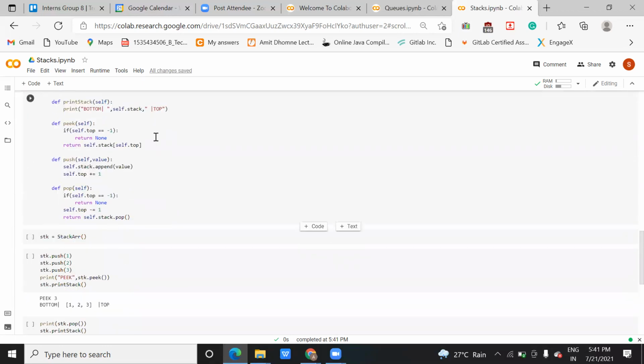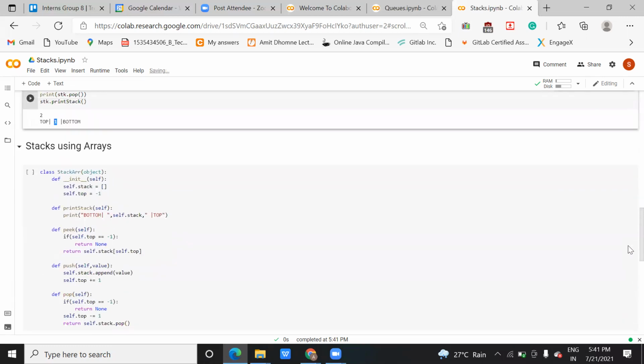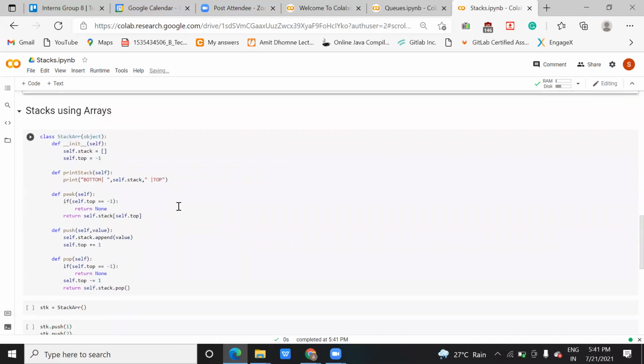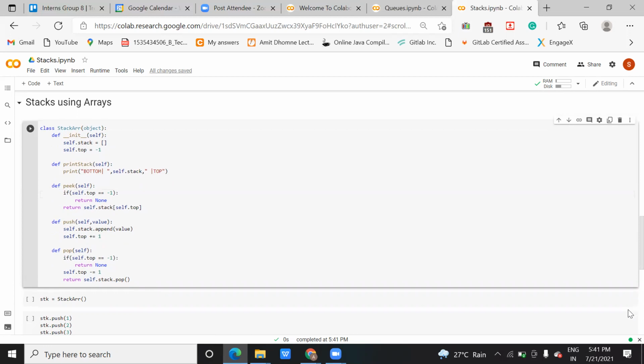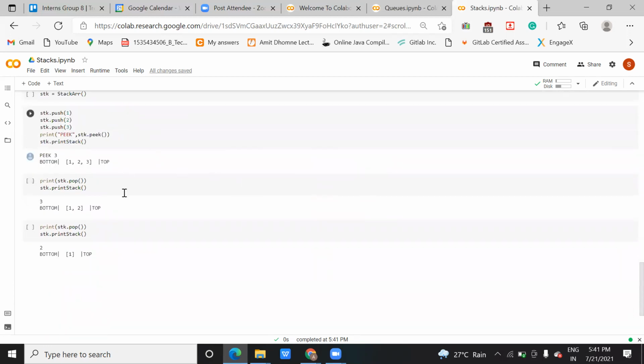Similar thing, I have made this code in the form of an array. This code is already uploaded, and you can try it also in the form of an array. It is exactly the same. The only thing is there is some difference in representation. Here I have created one class, and in the form of an array I have run this one. This is exactly the same as the above code. The only difference is that this processes the elements in the form of an array. The rest is the same.